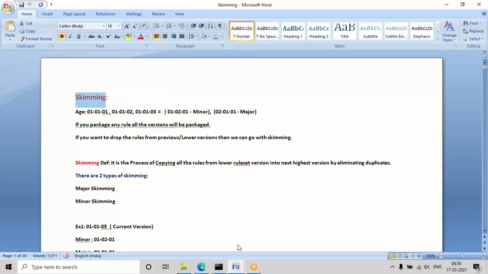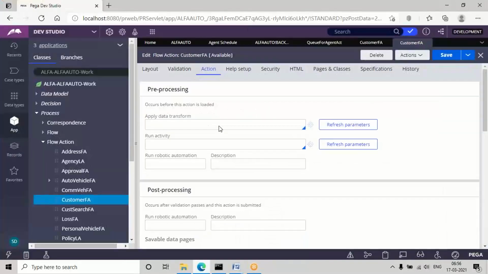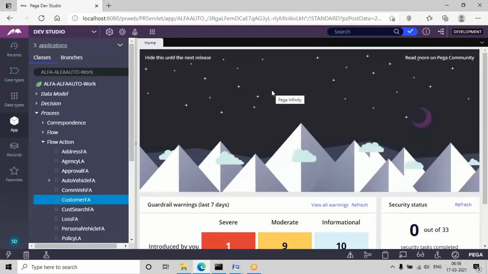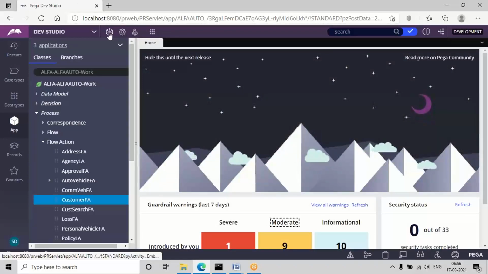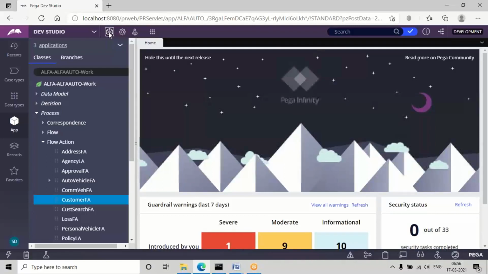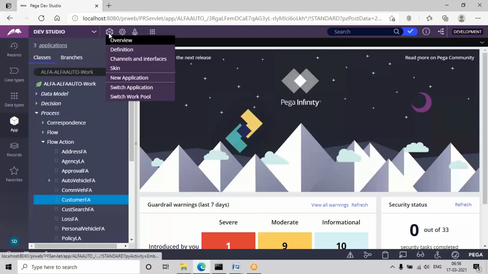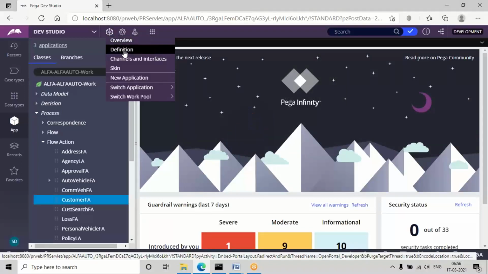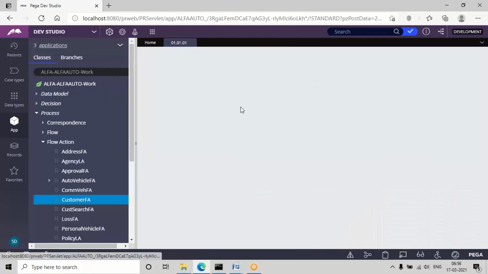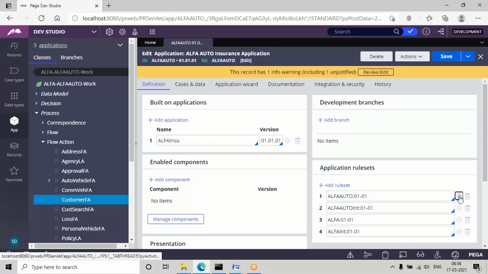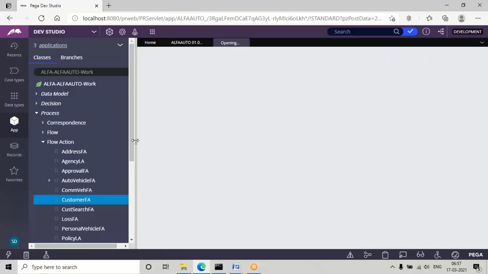In the previous classes, if you remember, whenever I wanted to add a new version for the rule set, the increment was done based on the patch. Actually, I added only one new version in the application. If I want to check, go to this application menu. We have these three numbers, right? 01, 01, 01. When the new version was added for the rule, last time we incremented based on the patch version. The third number is the patch number, so the increment is done based on the patch number.